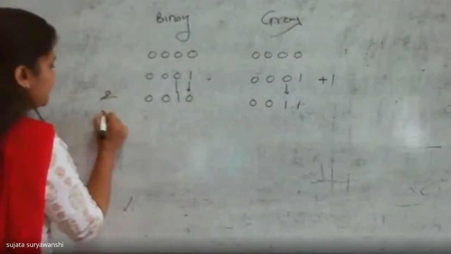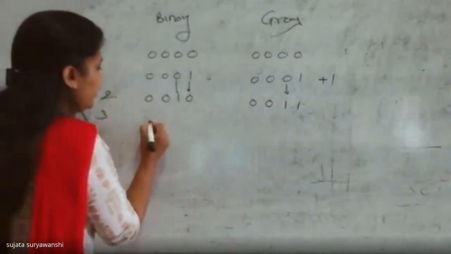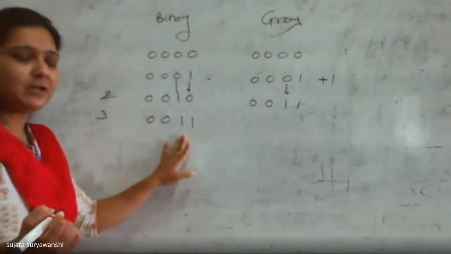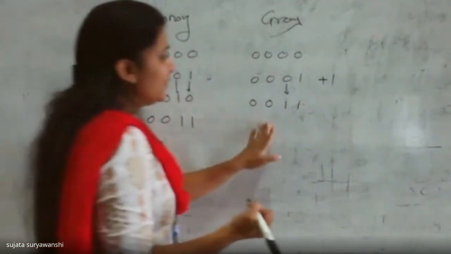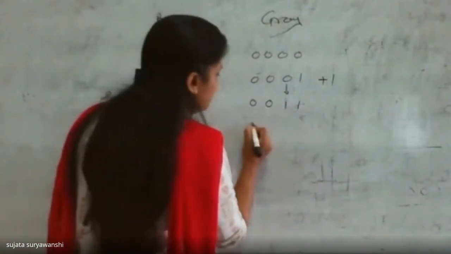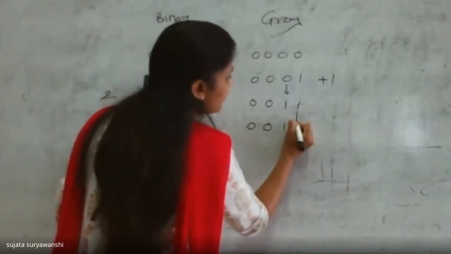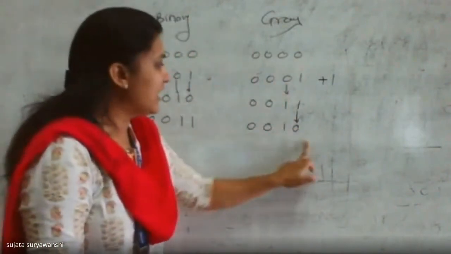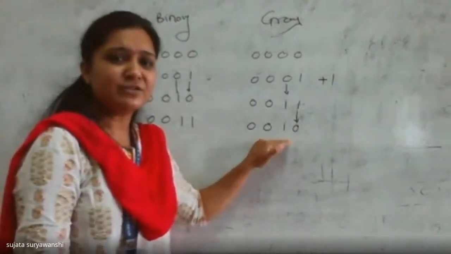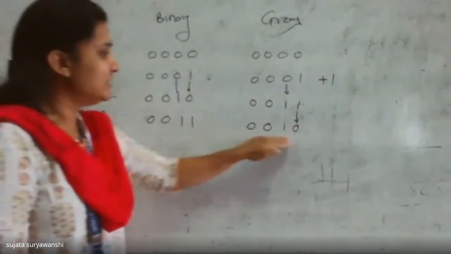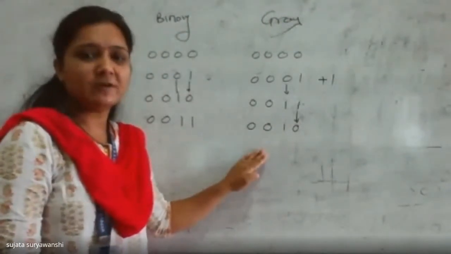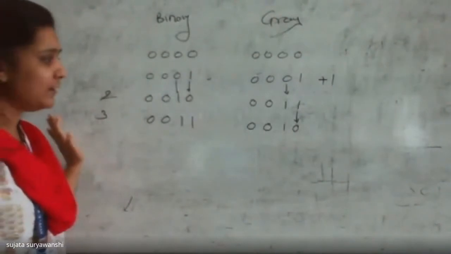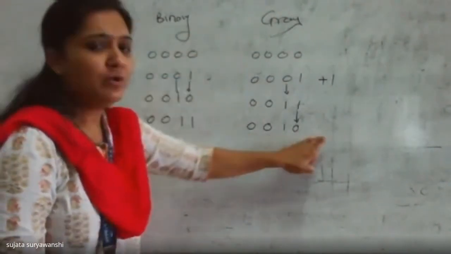Understood? Suppose 3. If I want to represent 3 in binary, so 0, 0, 1, 1. This is the 4-bit binary number of 3. Okay? But if you want to represent 3 in gray, then 0, 0, 1 should be as it is, only this bit will alter and it changes from 1 to 0. Now, this is not 2. This is the magnitude of 2 in case of binary, but this is the gray representation here, that is 0, 0, 1, 0 for 3. For decimal number 3, the gray number is 0, 0, 1, 0.